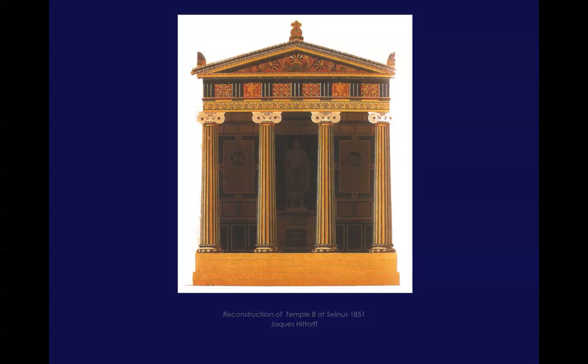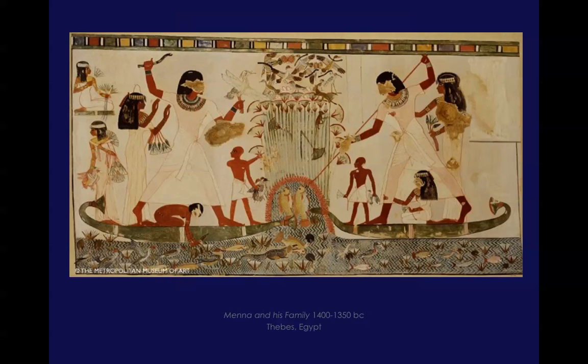And another reconstruction of another Greek temple. We can see again how colorful it was. Everything was embellished with color. If we look at paintings, we don't have a lot of Greek paintings. Paint didn't really survive the ravages of time. We do have it in Egyptian art, for example, because a lot of these paintings were in tombs or enclosed underground or in buildings. But we do have some reconstructions of Greek art, so I just want to start by